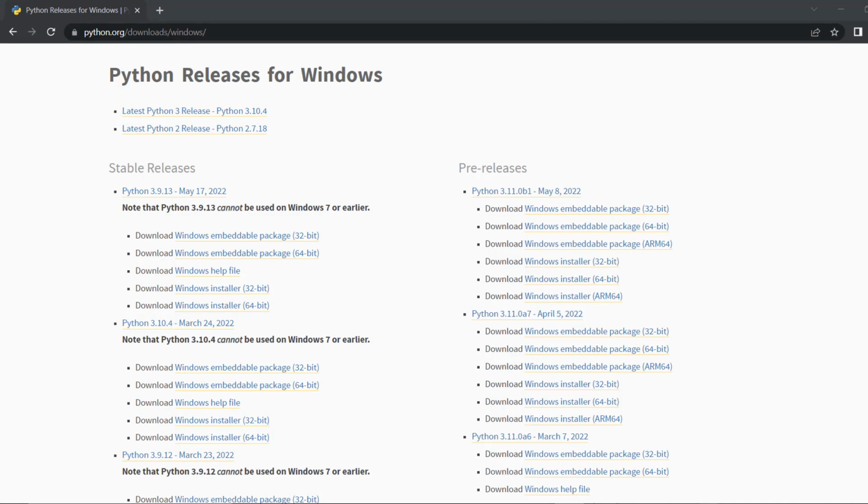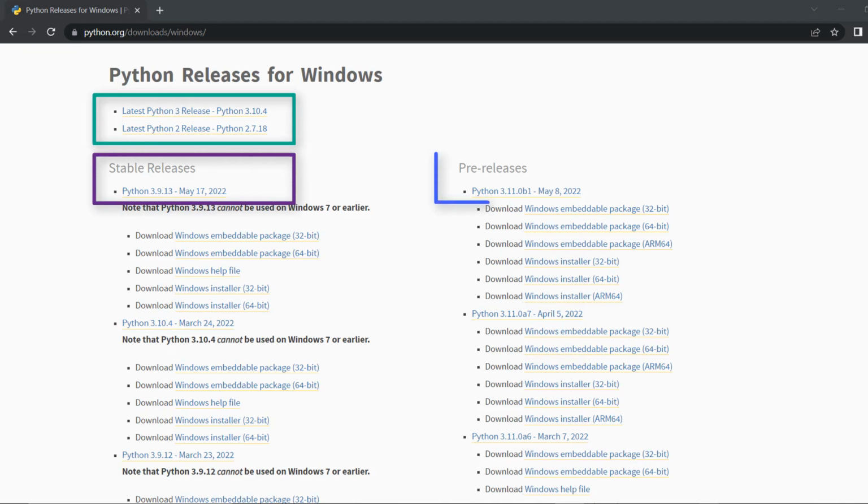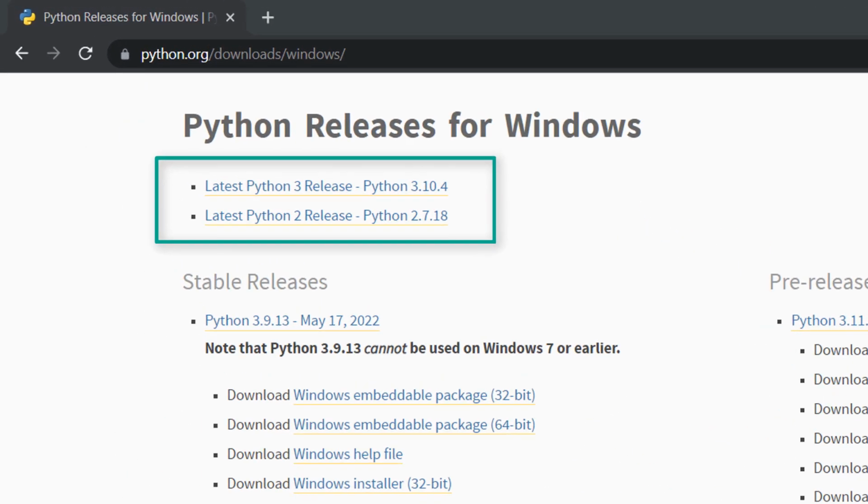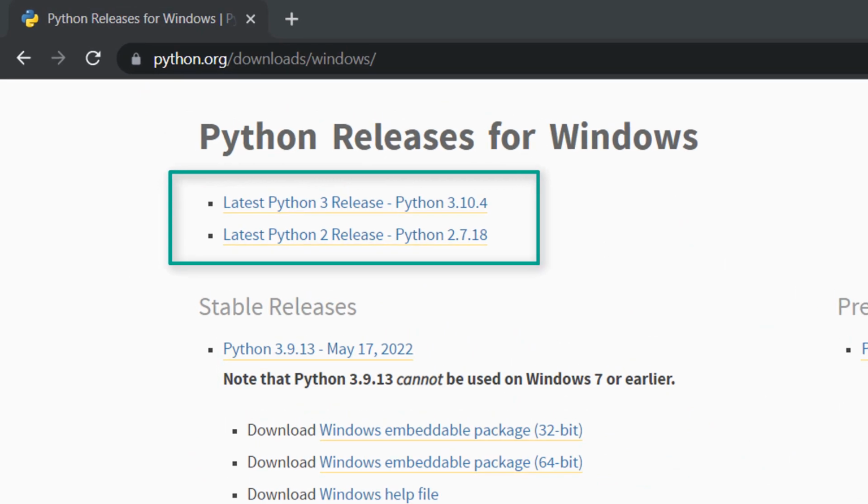Let's pull up Python's official website again to check out the various available Python versions. Here, we can see 4 types of releases in general: latest releases, stable releases, pre-releases, and older releases. Let's start with latest releases. As it's in the name, these are the most recent versions that have the latest features added to the language. One can download and install them on their personal computers to learn and explore these new